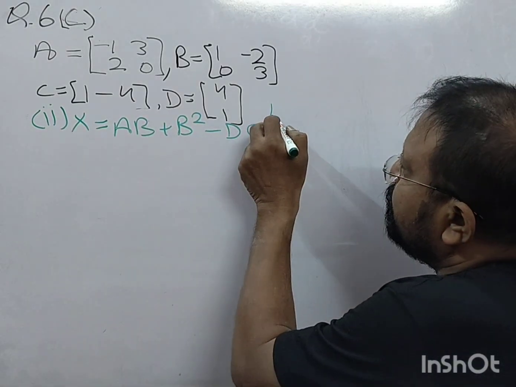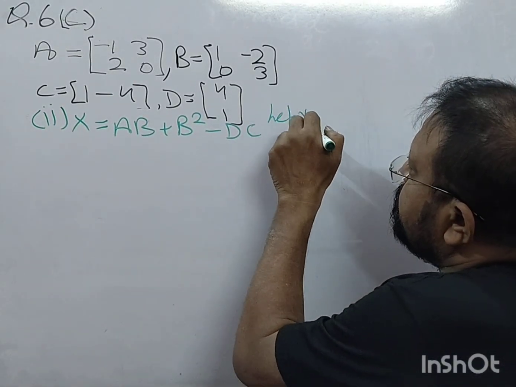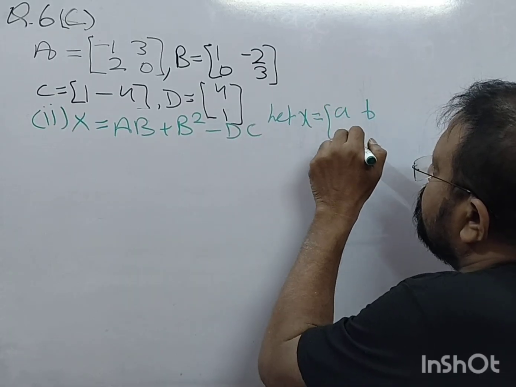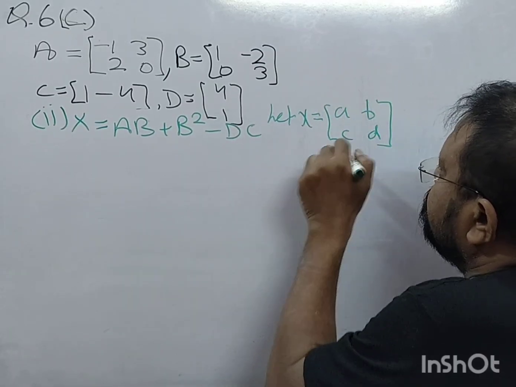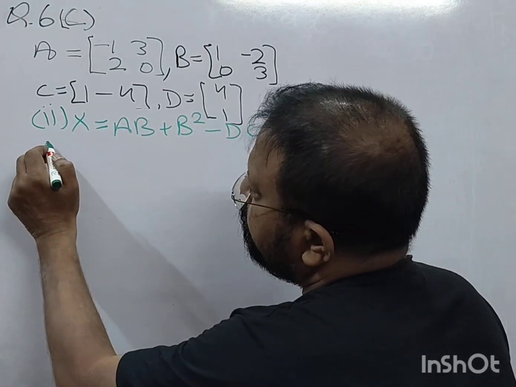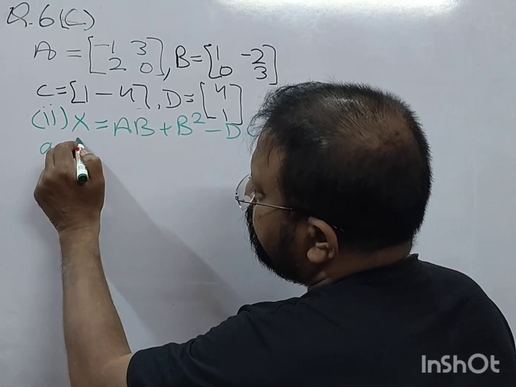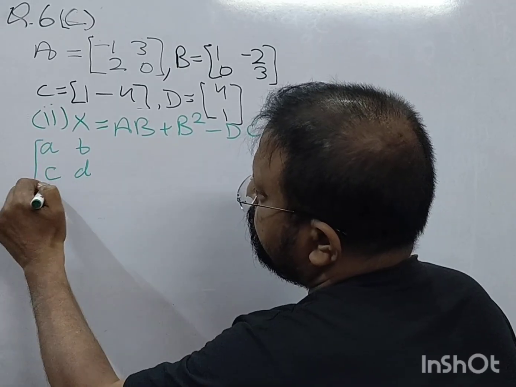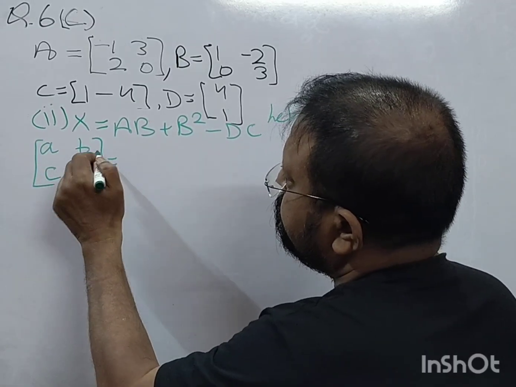Let X is equal to ABCD, right? So now you write A B C D is equal to